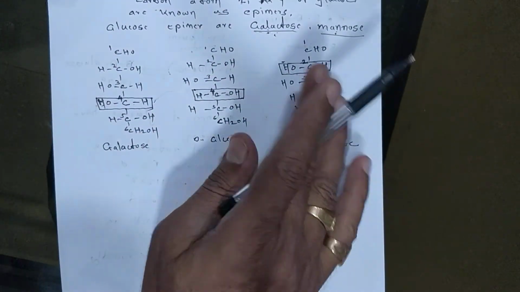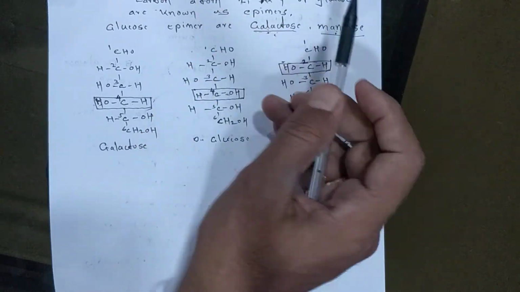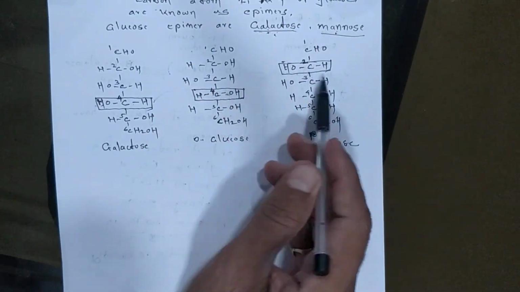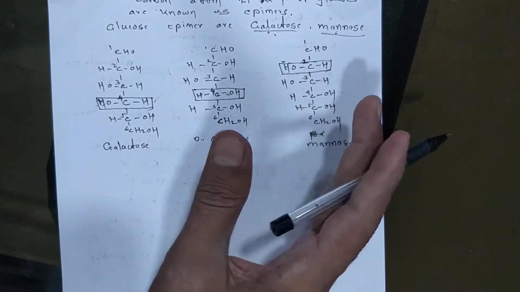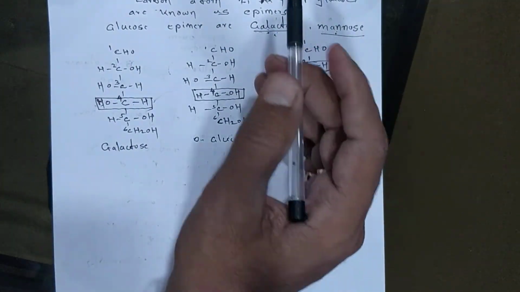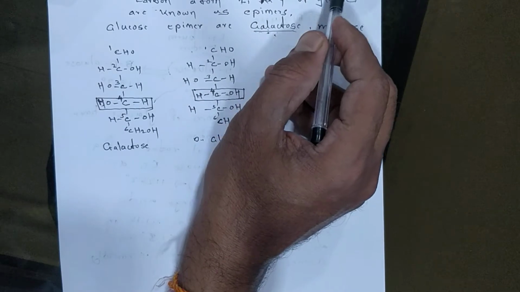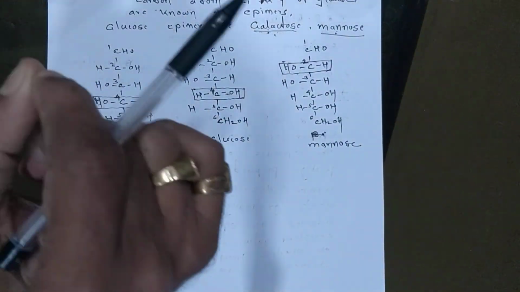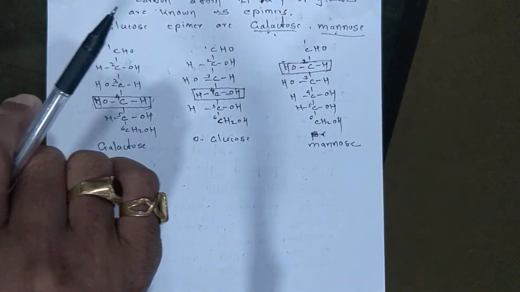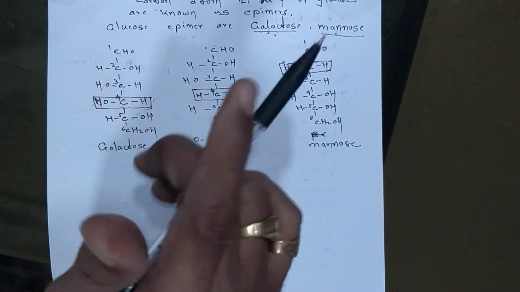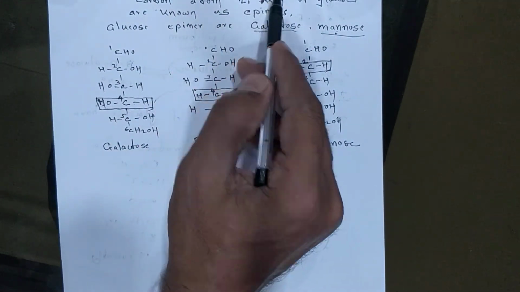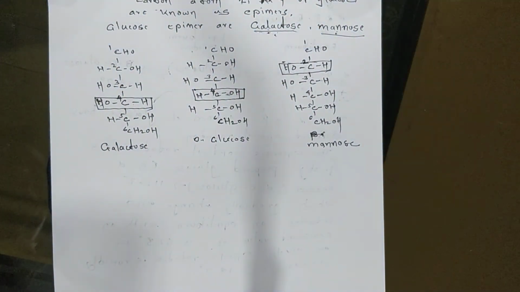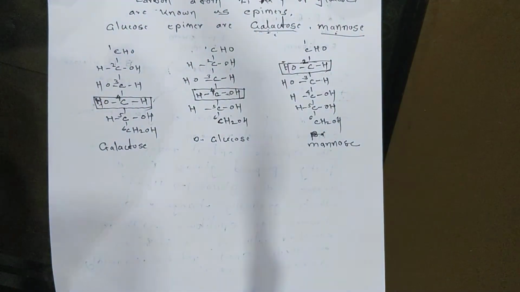What do the two monosaccharides differ in? These two monosaccharides differ from each other, they are not the same. How are they different? At a single specific carbon atom. Where do the changes take place? At a single specific carbon atom. How do the changes take place? By the interconversion of OH and H on the specific carbon atom.